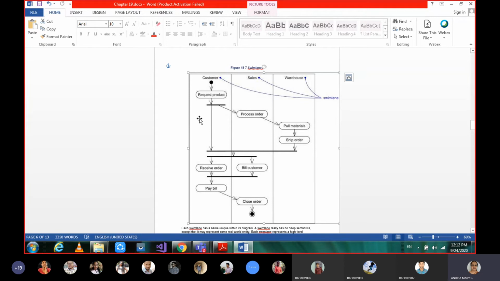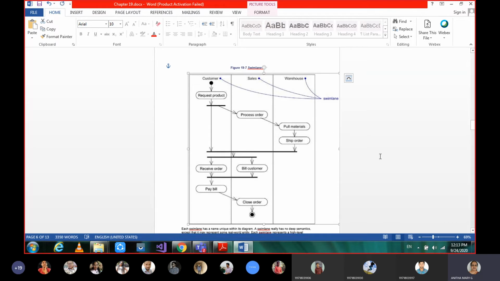If it is a business scenario, using swim lanes, they will clearly specify it in the case study. Using swim lanes means you have to use swim lanes and draw the activity diagram. If they don't specify, simply using one flow control by taking the decision boxes, maybe a simpler one, then you can do a general activity diagram just like an ER diagram. But when they specify swim lanes, you have to draw the diagram exactly using swim lanes. Okay, so this is the example for swim lanes.